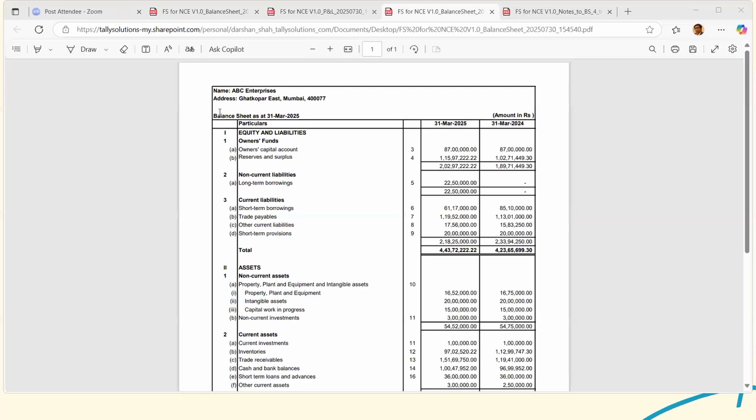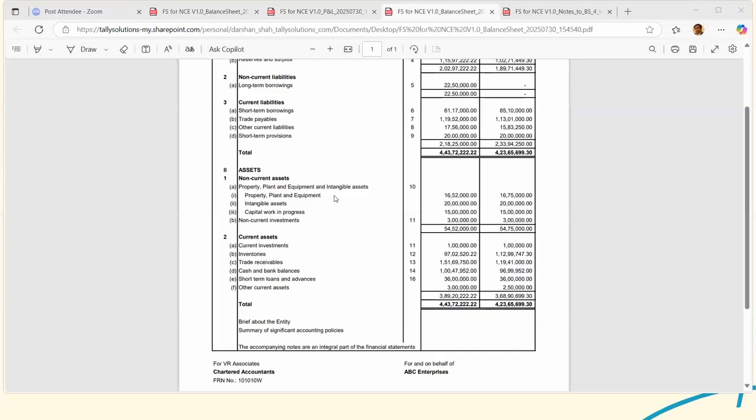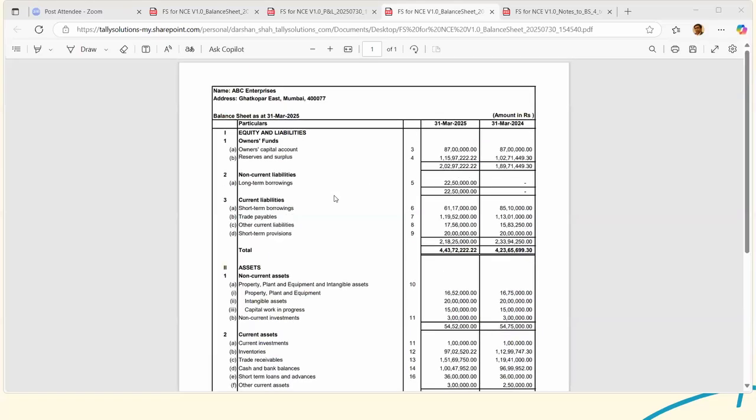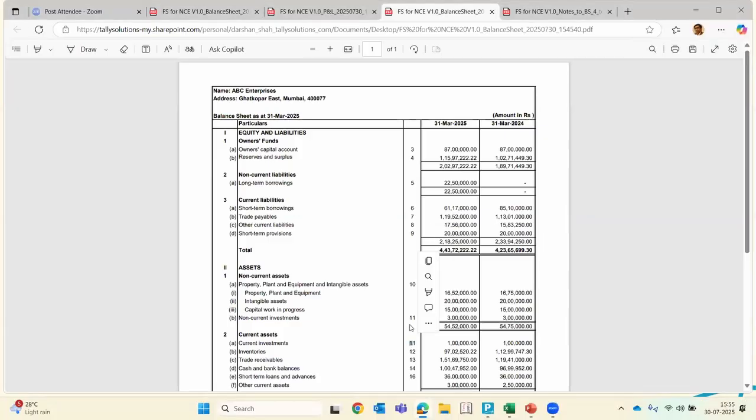There's one question where they've asked to re-show the balance sheet. I saw a repeat of two notes having the same number. If we can show the balance sheet once more. Okay, so here the investments note number has been repeated because